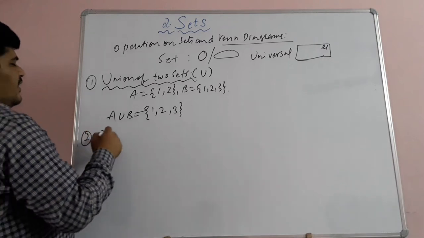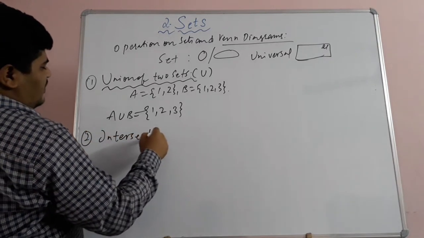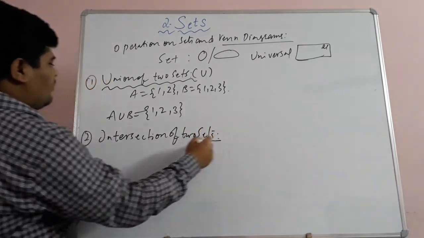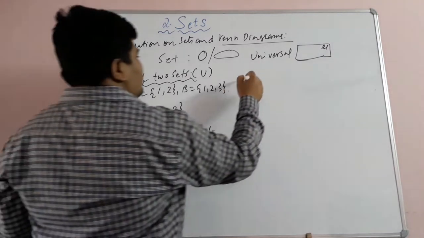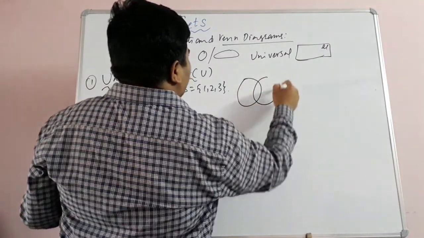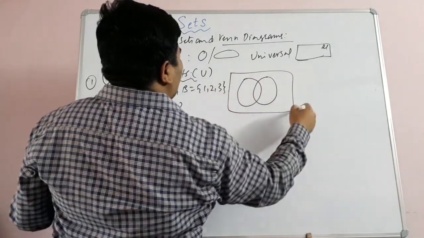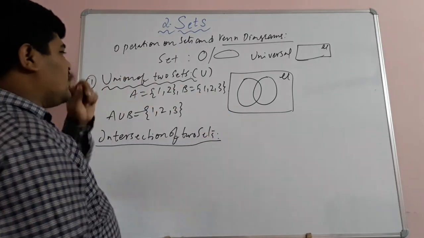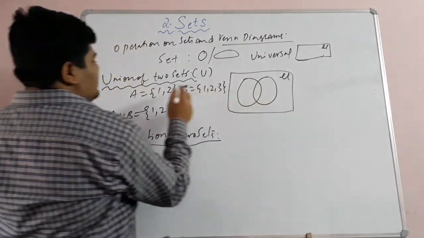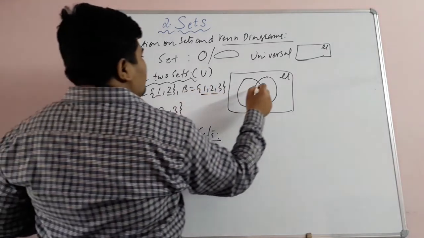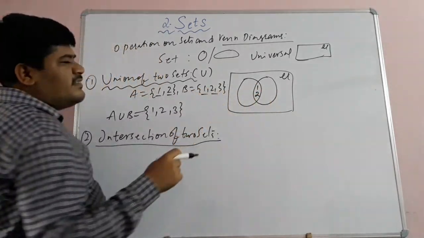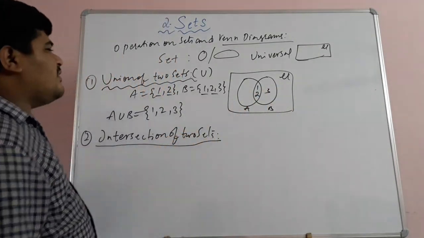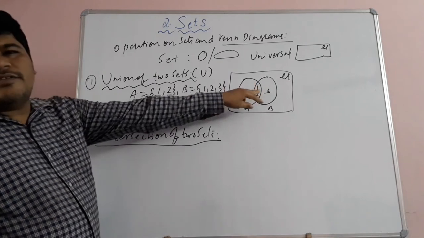Now next, intersection of sets. The next operation is intersection of two sets. Children, if you take a Venn diagram for union, first we have to draw two sets. Common elements are there, no? So those are overlapping one another. This overlapping part is representing the common part. What are the common elements? 1 comma 2. So we will write here 1 comma 2. And 3 is there only in B, so we write it in B's part. So this whole diagram is A union B, 1 2 3.